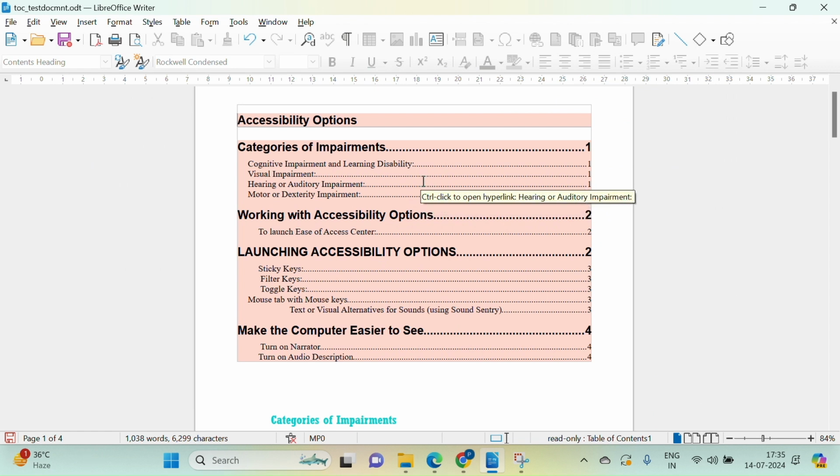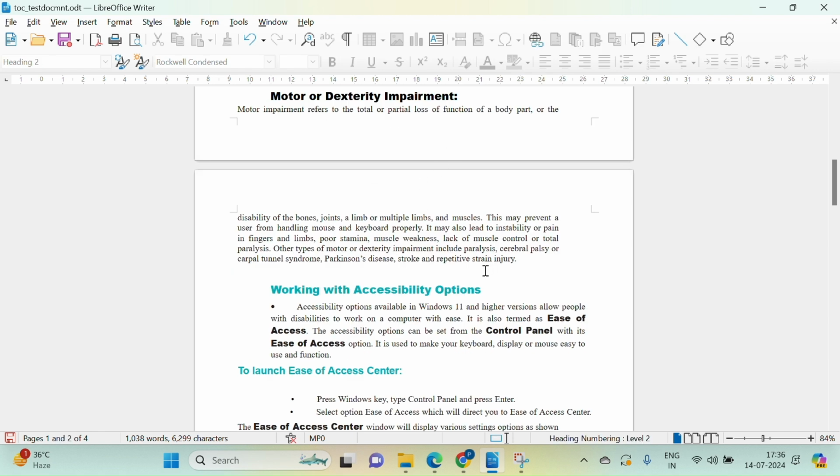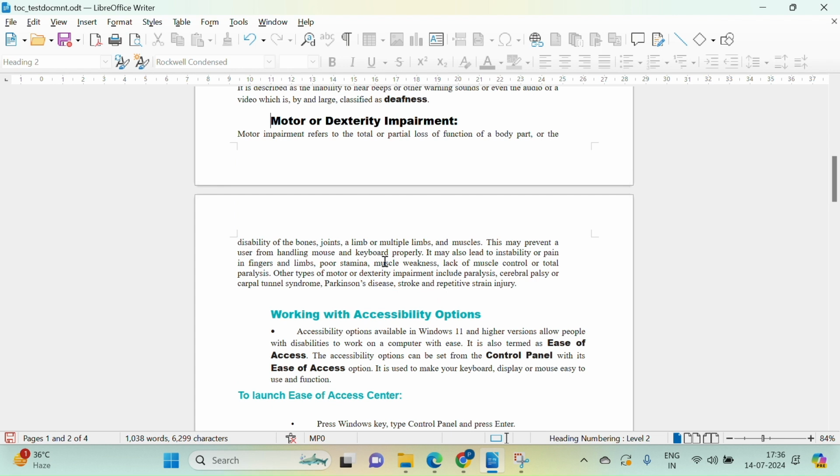Now one advantage of creating a table of contents is that you can directly navigate to a section of the document by clicking the subtopic. How you're going to do it is you're just going to hover your mouse on the topic which you need to select, then press the Control button and it will turn into a hand-shaped cursor. Click on it and it will take you to the respective page of the document on which the selected heading is being displayed.